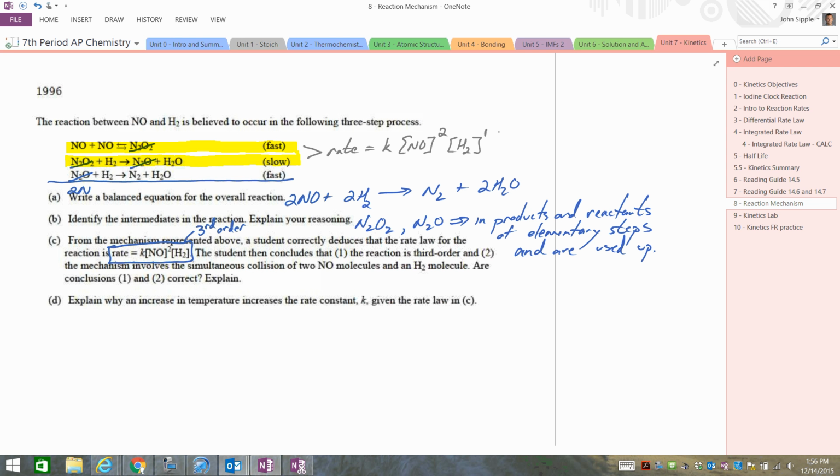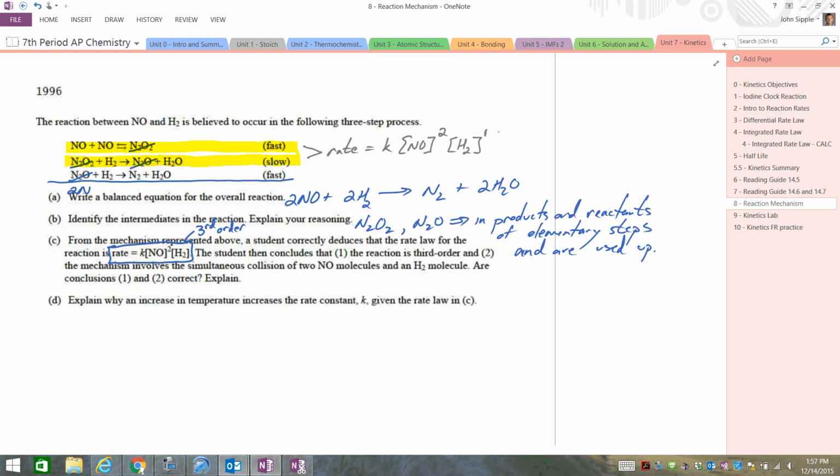Because the slow step is our rate determining step, the reaction will proceed normally until that step, and that's going to slow it down. So we only care about the reactions up to and including the slow step and anything prior to it. So that's where that rate law is coming from. The student was told it was correct, but that's where it comes from. It's a little different from the one before, because the slow step was the first step, so there's nothing ahead of it. So ignore anything after the slow step when you're writing the rate law based on these